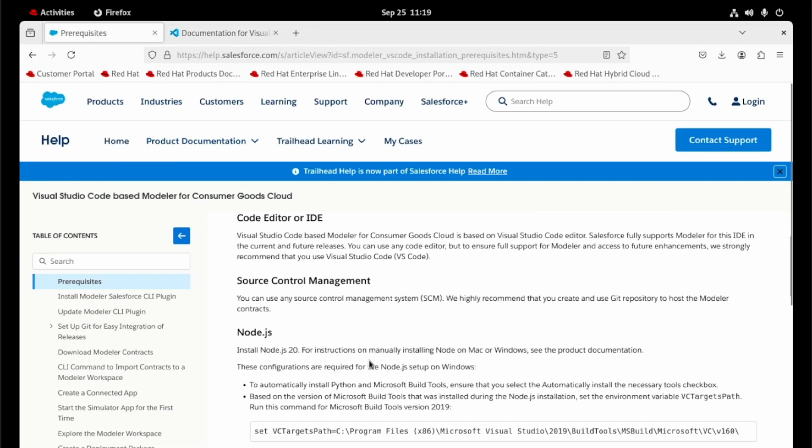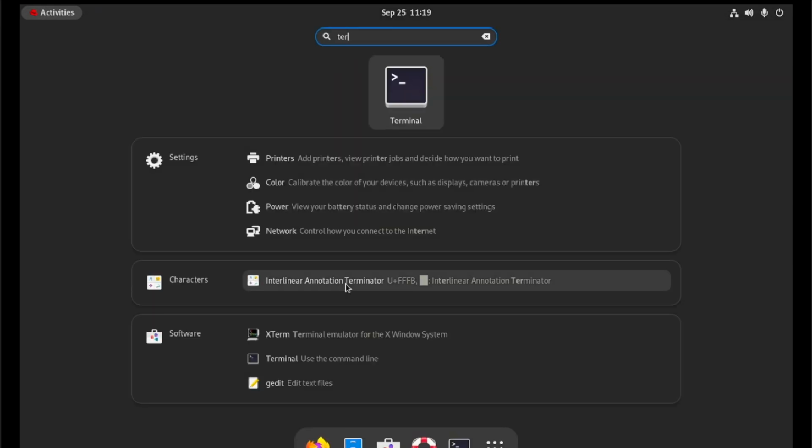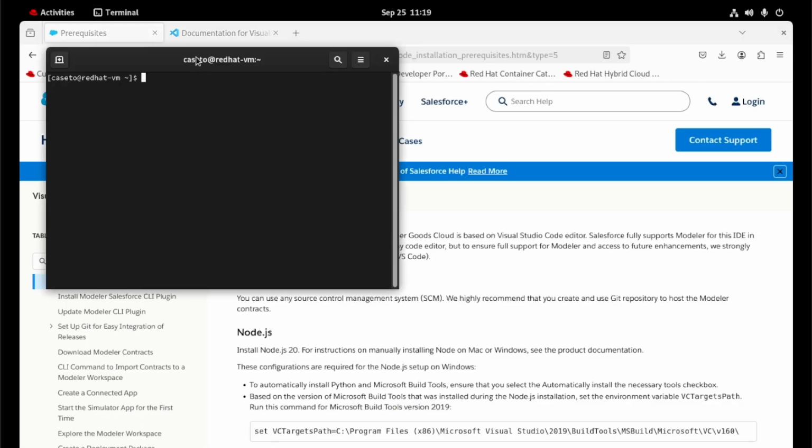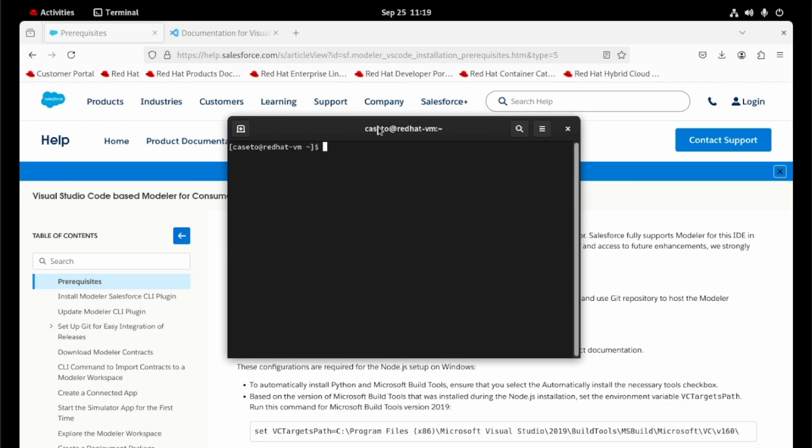Now we need to install the source control management. In this case, we will use the Git. To install, I will open the terminal and type sudo dnf group install development tools.